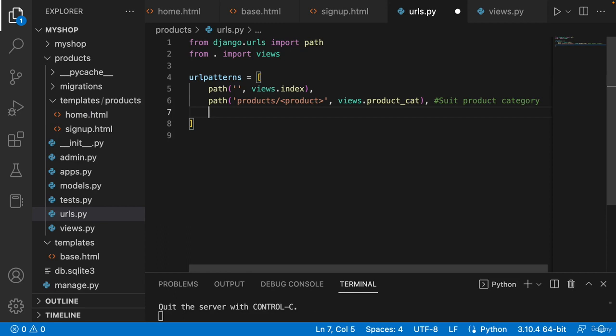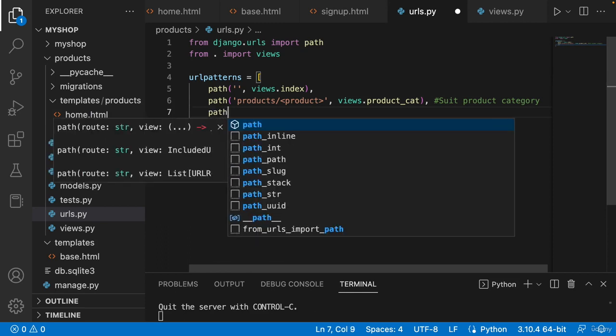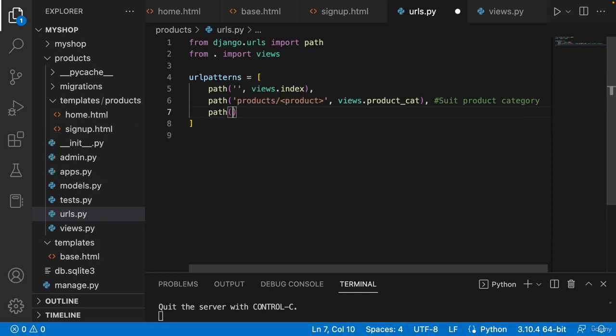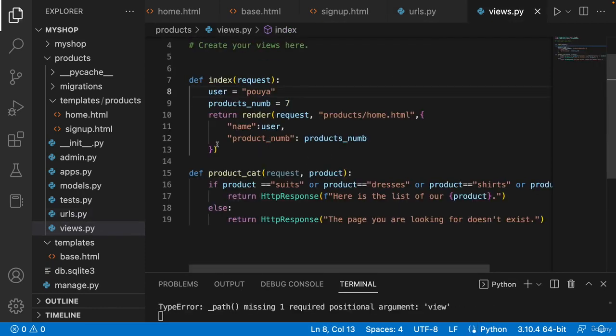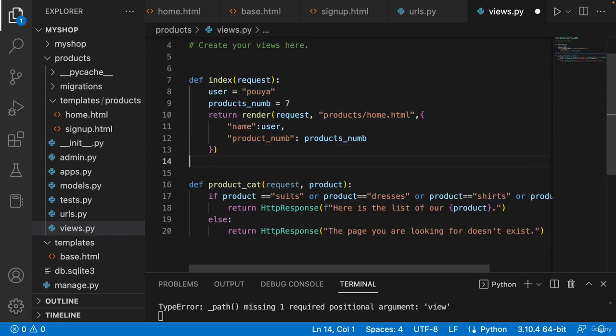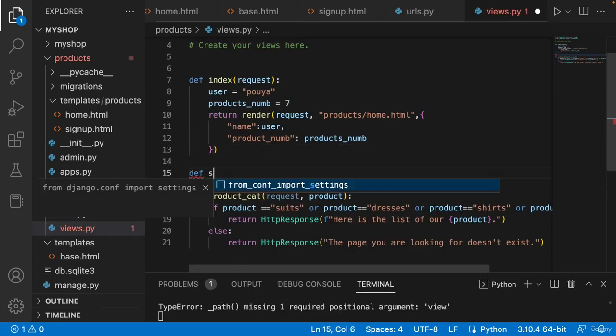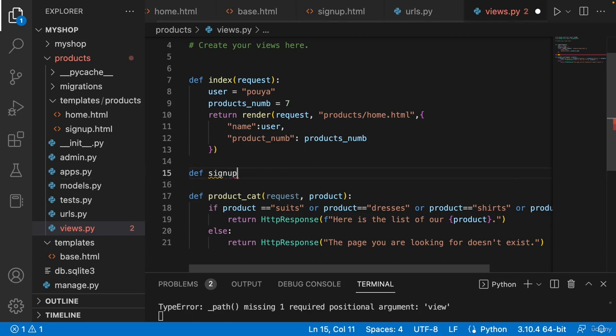So I'm going to come here. On the next line, I'm going to create another path for my sign up page, and here inside the quotation I'm going to mention sign up. And for the next parameter I need a function from views.py, and let's come to views.py for now. Let's save it. Let's come to views.py, and here we need a function. So I'm going to add it here as a second function, def sign up,